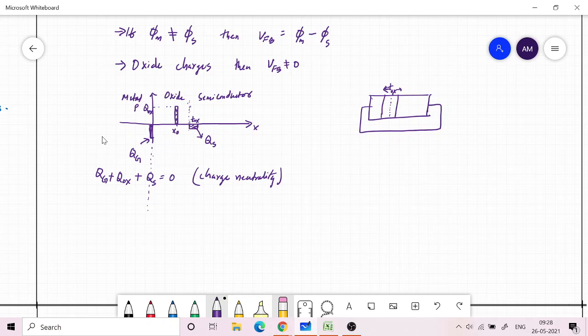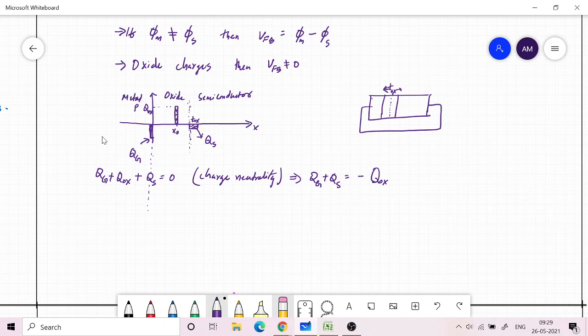But one thing is sure: QG plus QS is going to be the negative of Qox. That is another way you can write it. So if you add the metal charge and the semiconductor charge, that will be equal to negative Qox. That is for sure. Only then can the charge neutrality be maintained. Now if the charge distribution is known, we actually don't know the magnitude, but if it is known, then